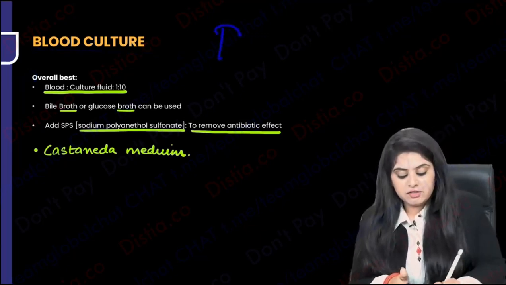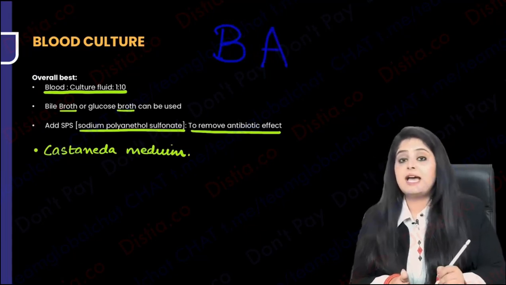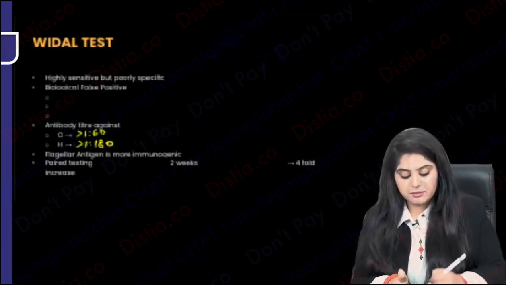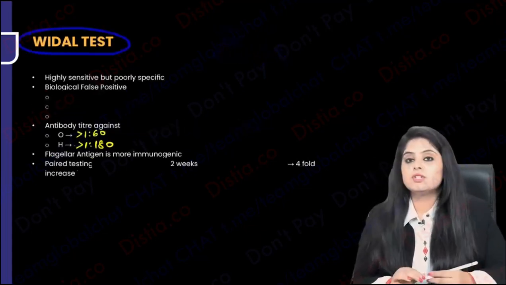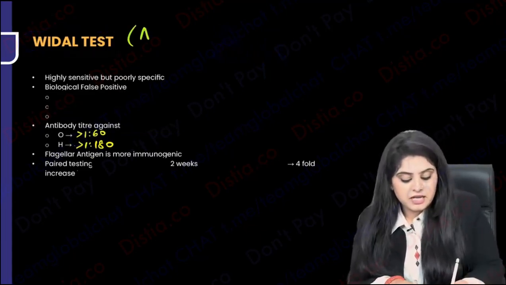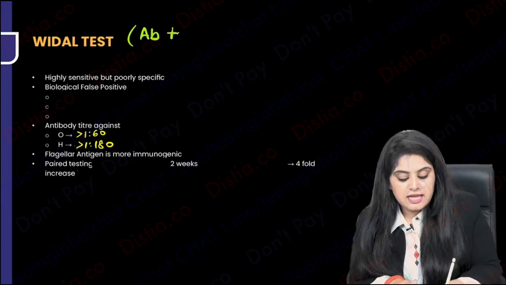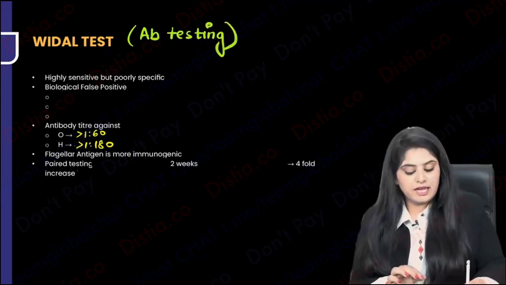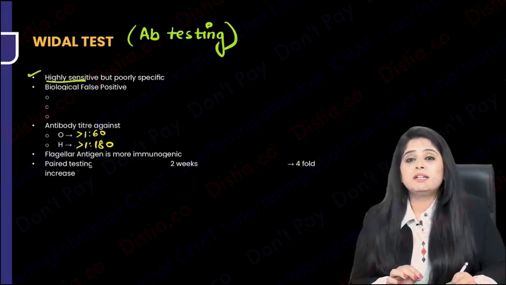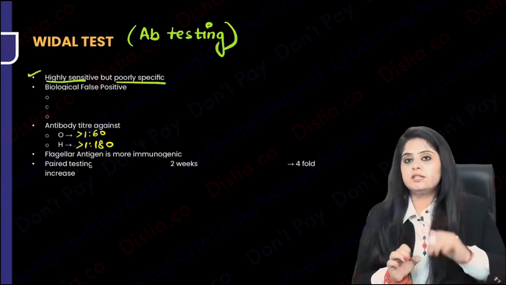Now, first week was blood culture, next week was antibody, which is going to get you the maximum tests. Maximum question comes on Vidal test. That Vidal test is a test for testing the antibodies. And when is it most reliable? In week 2. So it's highly sensitive, agreed, but it is not specific. I'll first give you an example.